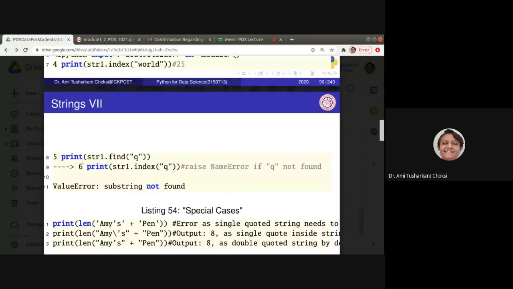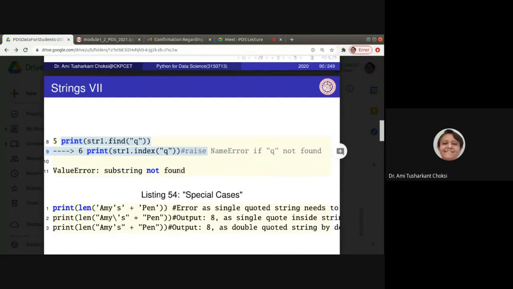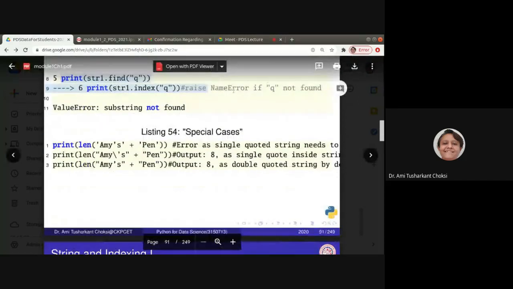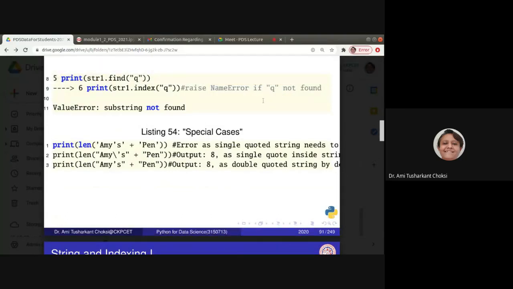If you do it this way, it will give us substring not found. Name error if q is not found when q is a variable. I have put both ways, so you can try it yourself.